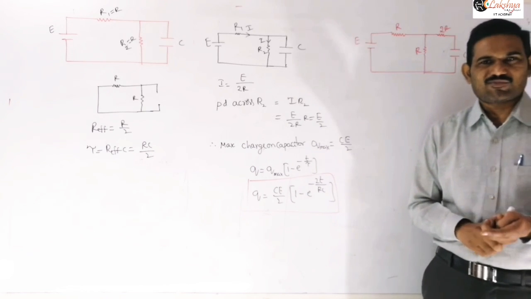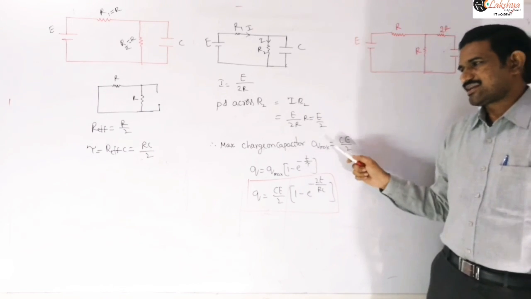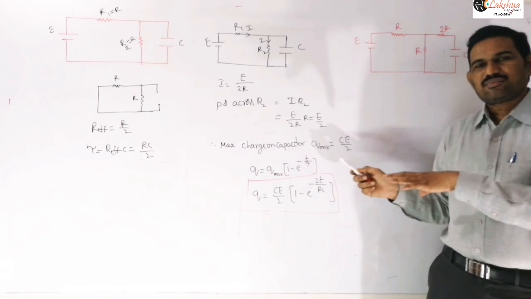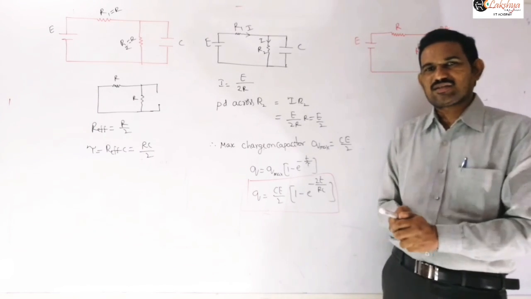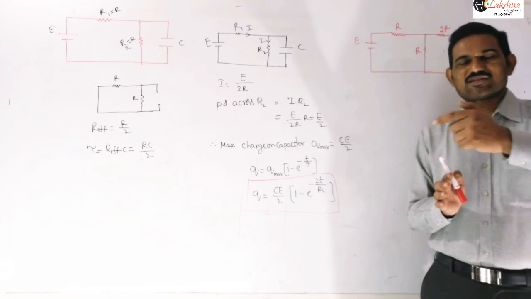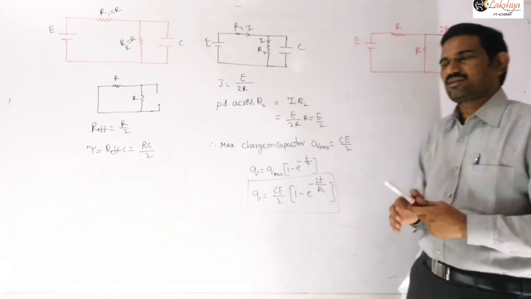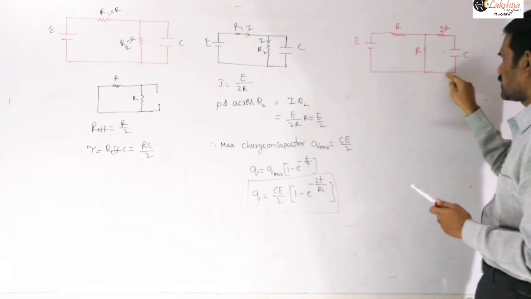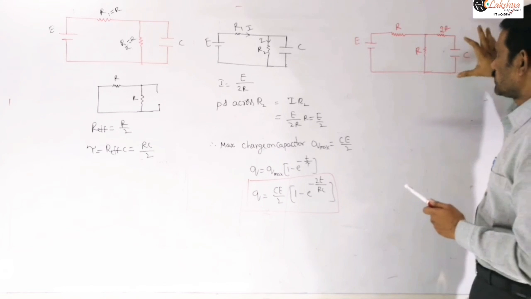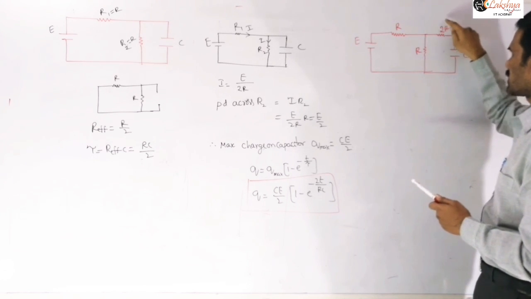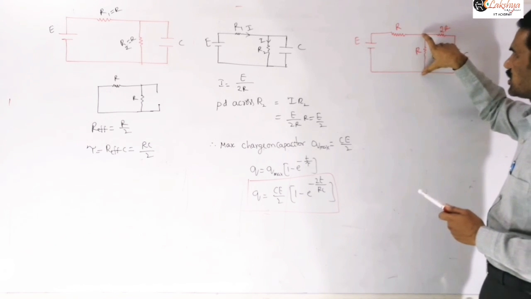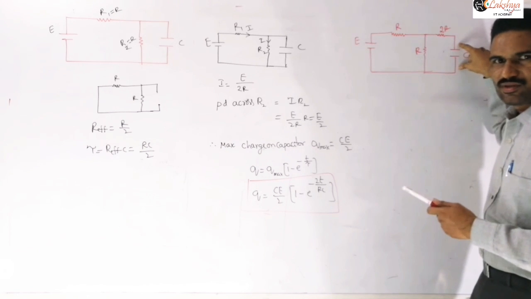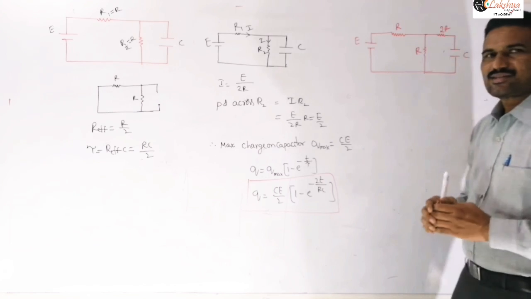First calculate the effective time constant, and then calculate the maximum charge. Remember, to calculate the maximum charge, you need to consider the circuit in steady state. In steady state, no current flows through the branch in which the capacitor is connected. So the potential difference across that resistor is 0, and whatever potential difference is across this R will be the same across this C.